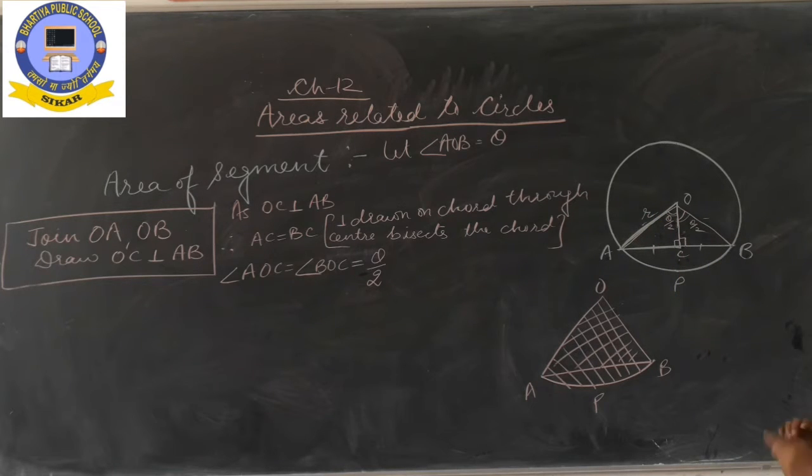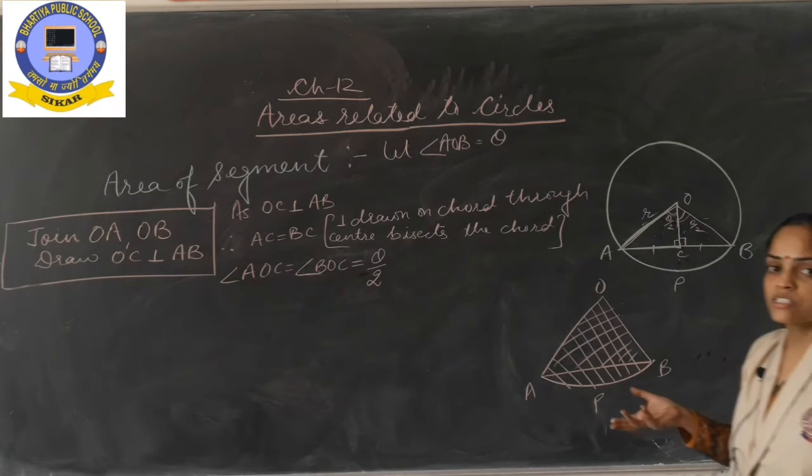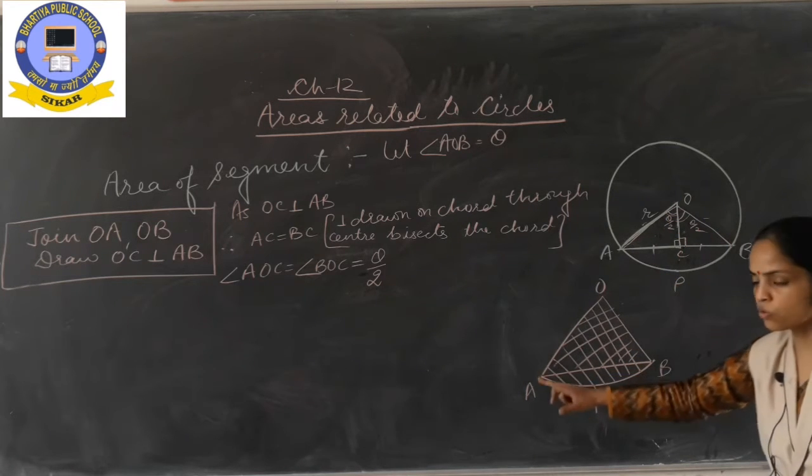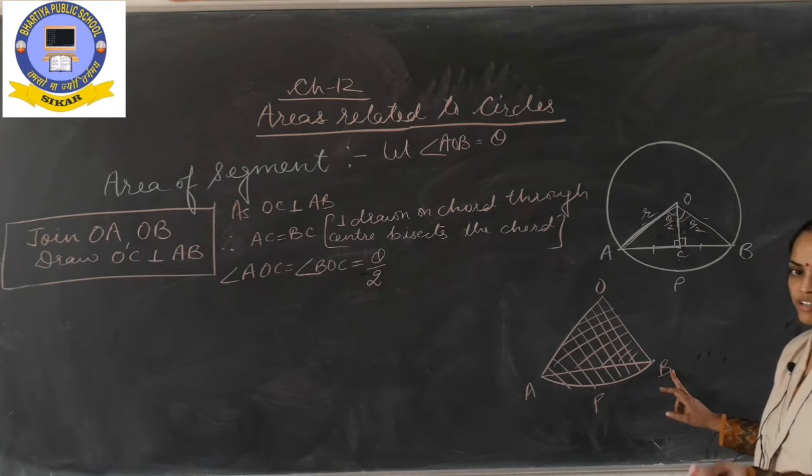Okay. Now please have a look here, 10th class, the concept which I wanted you to understand. AOB is a triangle. I have drawn OC perpendicular on AB. If we will be able to find out the area of triangle AOB by half base into height formula, as AB is base and OC is perpendicular. Okay, we have drawn OC perpendicular on AB, right? So if we will be able to find out the area of triangle AOB, then it will be easy for us to find out the area of this segment, because the area of sector is already known to us, the formula is known to us, we had derived it in the previous class only.